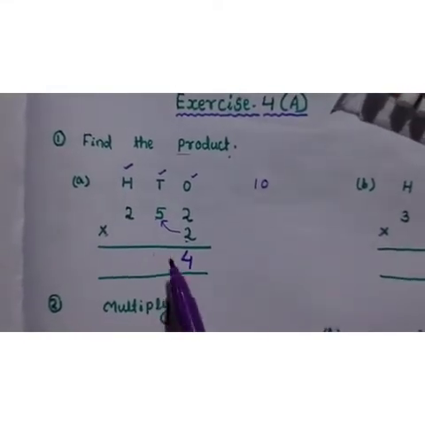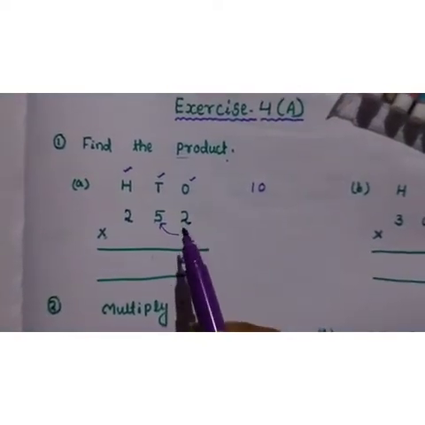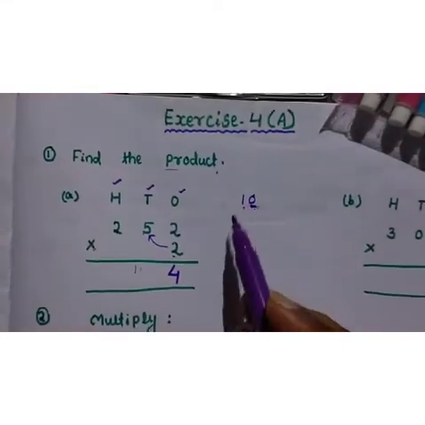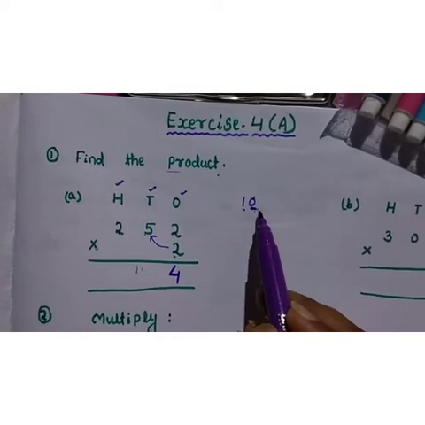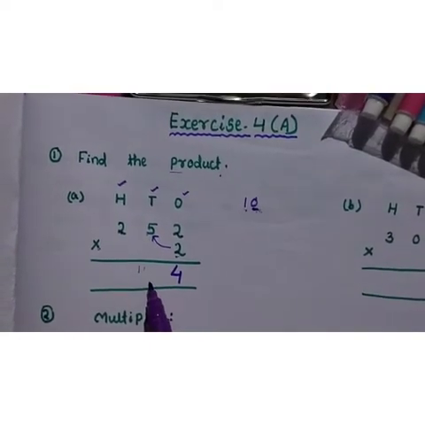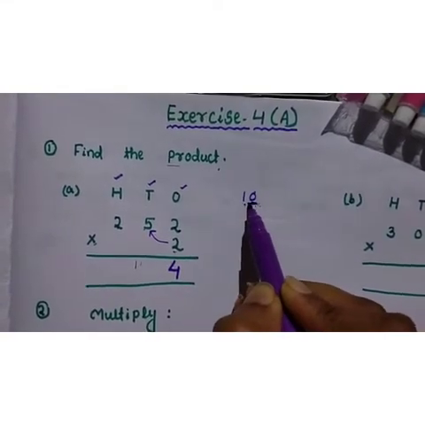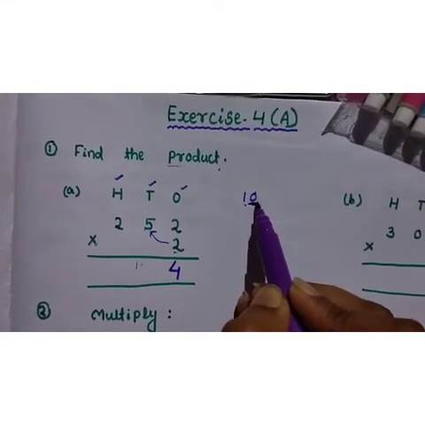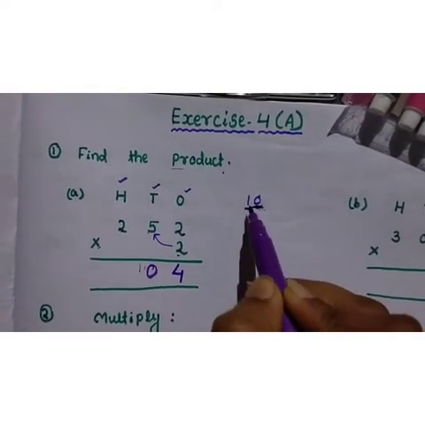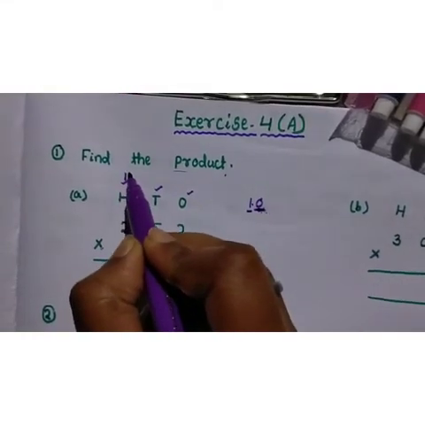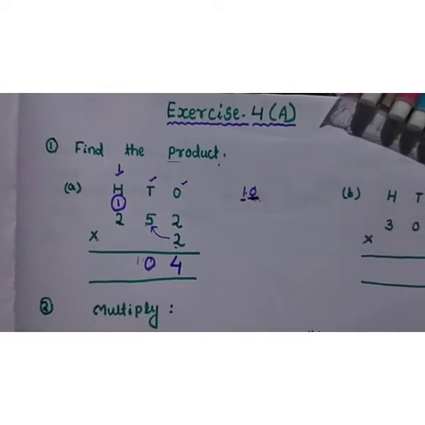Now you know this is multiplication with carrying, right? So 5 twos are 10, 10 is a 2 digit number, and according to our rule we cannot write a 2 digit number at a time. So what will we do here? Your last digit is how much? 0. So we write 0 under the tens column, and the next digit, that means 1, we take carry to the hundreds column. Which column? Hundreds column, understood?